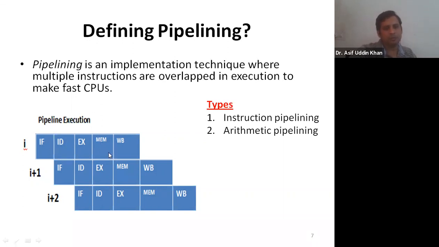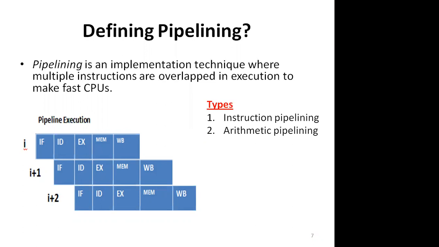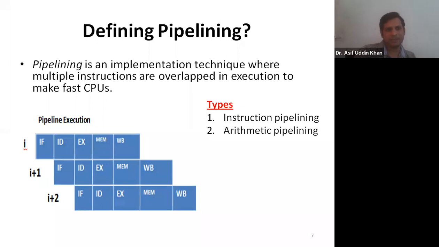So in these stages, the MEM stage and the IF stage, how much time will it take for accessing the memory? It is not fixed, it varies. If the data is found in the cache, it will take less time. If the data is not found in the cache, it will take more time. After data is read or written and that is completed, only then does the MFC signal come to the processor. So the processor actually has to wait till that time. When the processor receives that MFC signal, only after that it will move to the next stage.